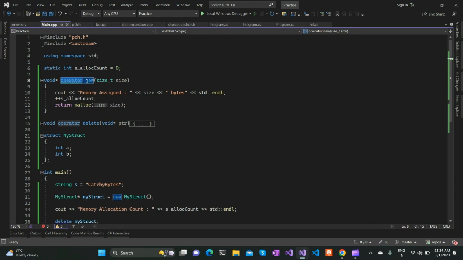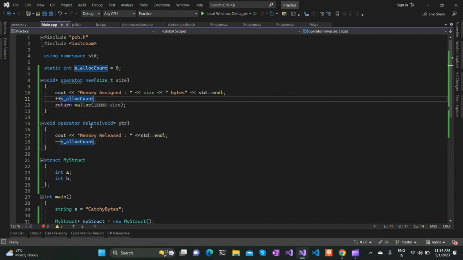overloading this new operator. While overloading this new operator, you can define some cout statements to know how much memory is getting allocated in the heap. And I have defined a static variable which will keep track of how many allocations are made in the heap. Those two things I'm doing in the new operator. I have also overloaded this delete operator